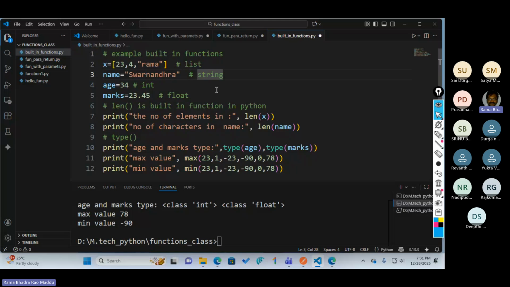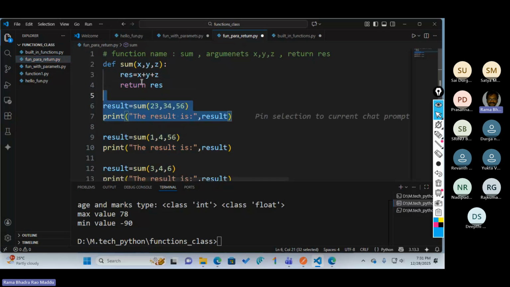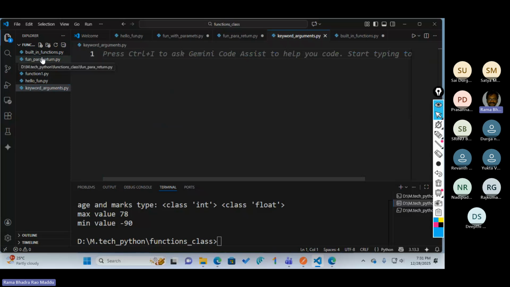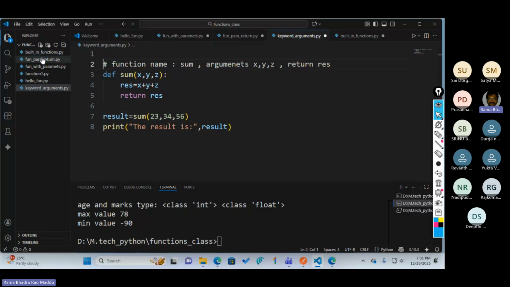The next important thing is positional arguments and keyword arguments. I'm taking the same program again, but explaining it in a different way. Keyword arguments, nothing but very simple.